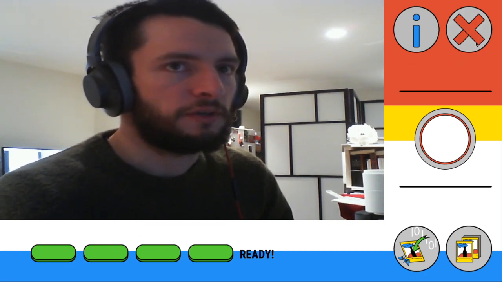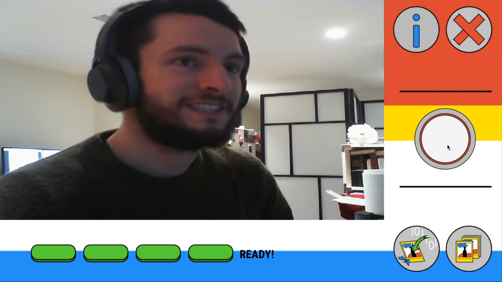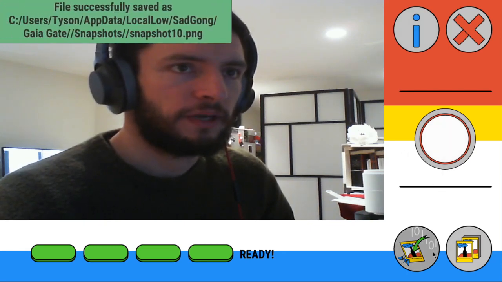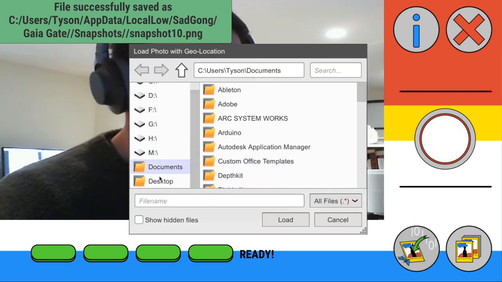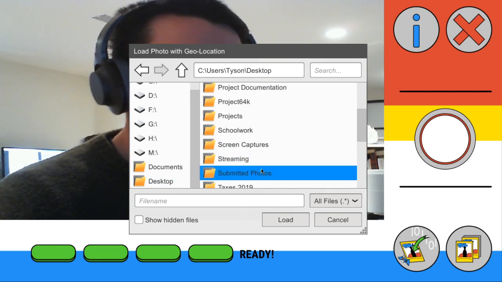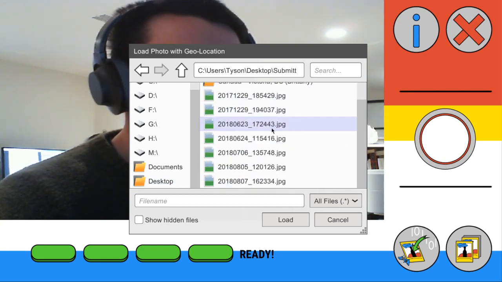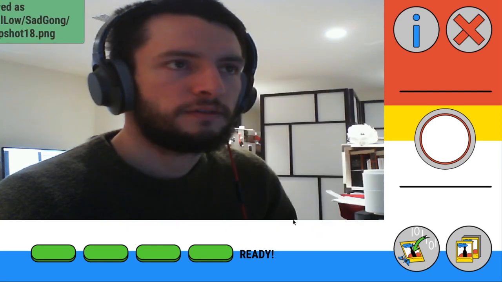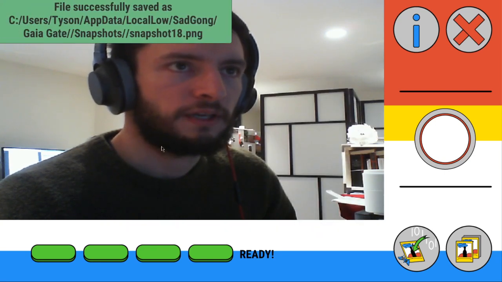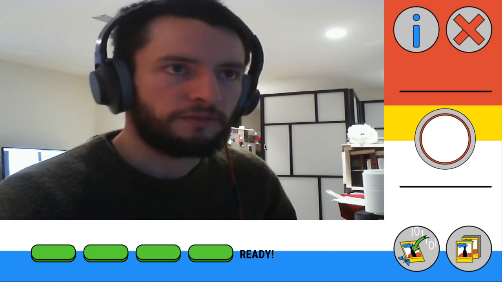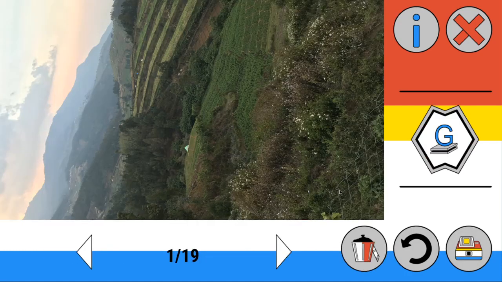I have an exit button for when you're done here, a snapshot button, and down here we also have a way to import your own photos. So if I go to the desktop, swing over to my collection of photos, let's grab something from Canada and load that. We'll have a little pop-up saying that it's been successfully loaded to this particular location on my computer. And now I can switch over to my gallery.